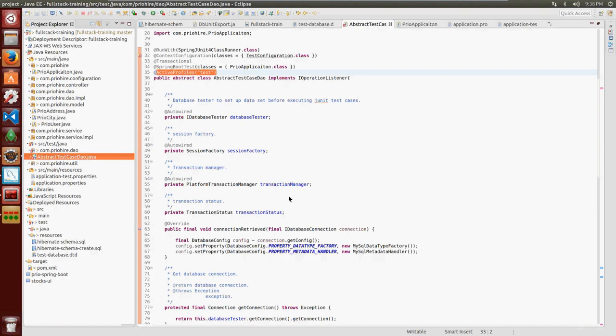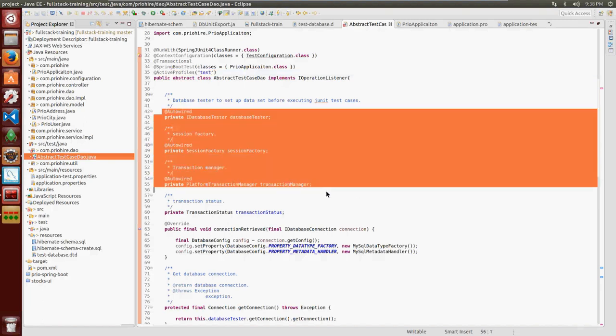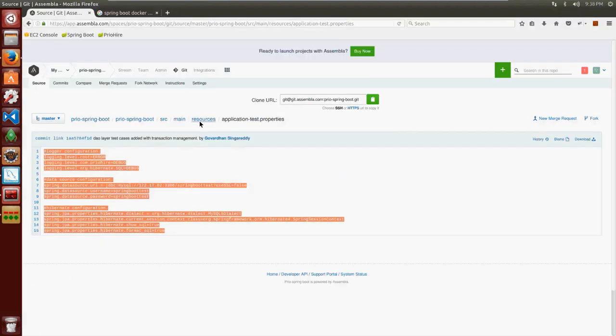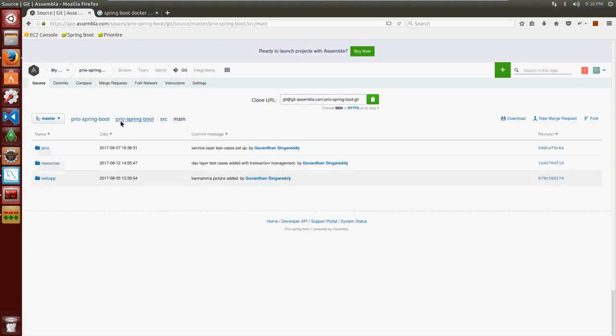Now you see here, session factory, transaction manager, and a lot of beans are created. So where are these beans? We don't have all these beans. We have to create them ourselves. So to do that, I created a separate file. Test